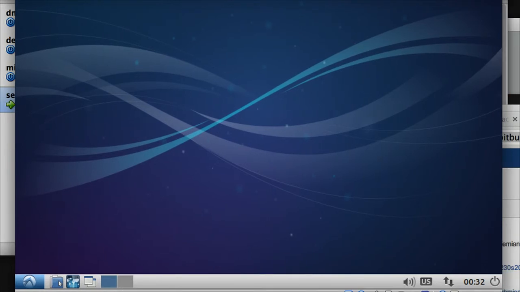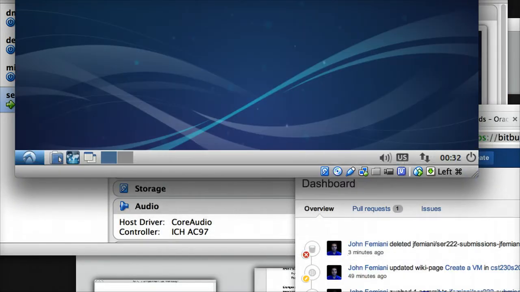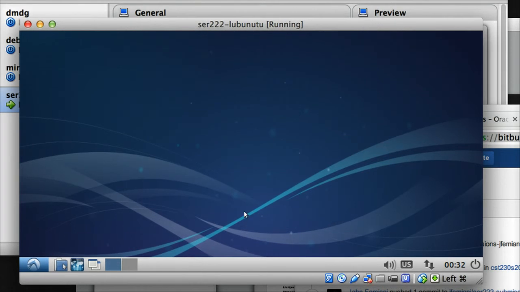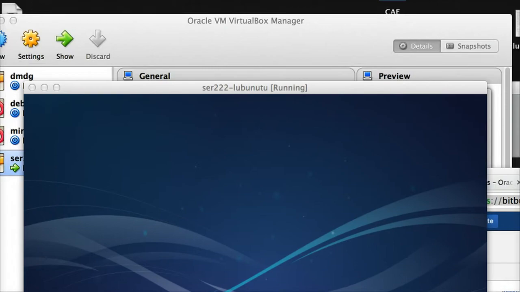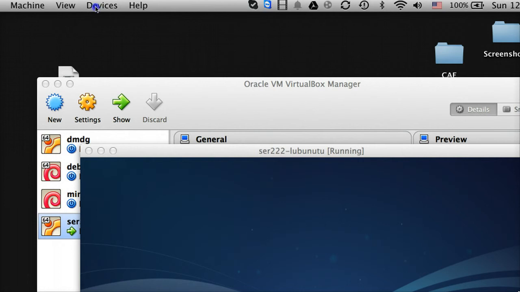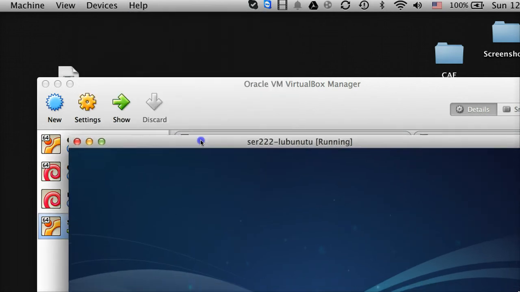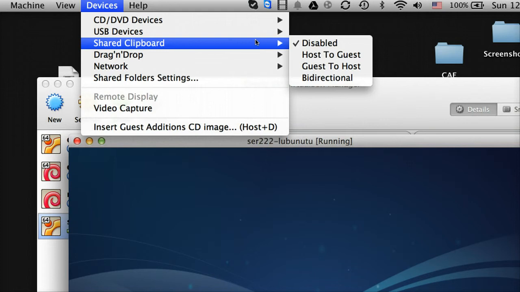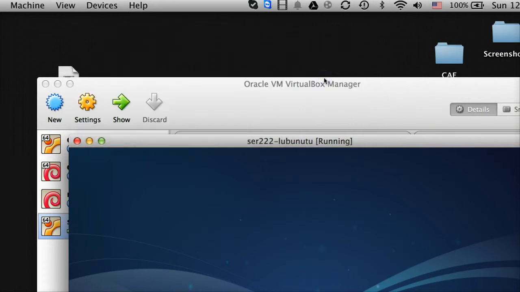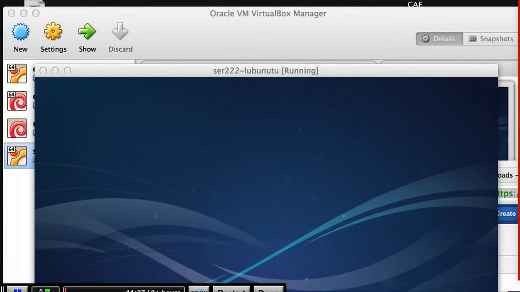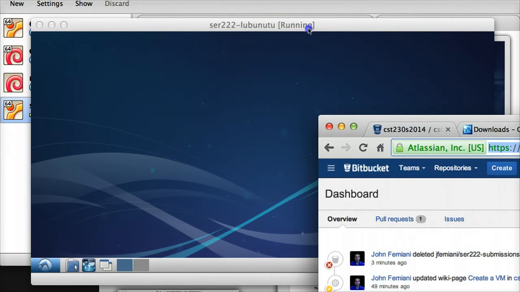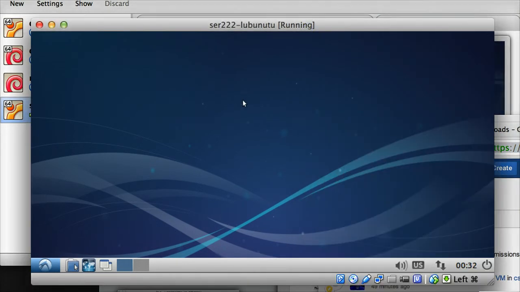And now when I resize the window, because it's got guest additions installed, it resizes the desktop so everything fits nicely. And if I come back up here to the top under Devices, with this window selected, I can set the shared clipboard to bidirectional. And what that means is if I copy from, say, this web page, I can paste into this machine. I'm going to open up a terminal again, Control-Alt-T,